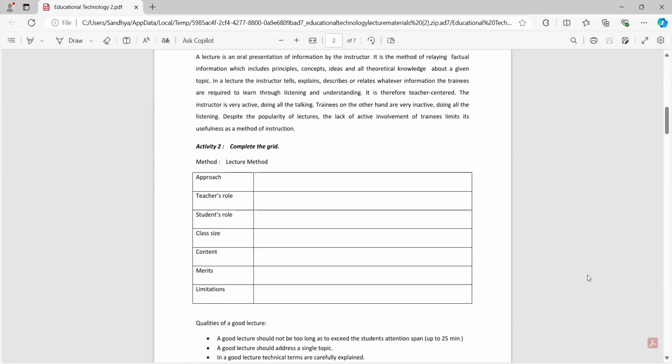So we will discuss in the lecture method what are the features. Lecture method comes in teacher-centered approach. If lecture method is aligned with the teacher-centered approach, you can easily answer these. You can complete this grid. Lecture method, what is the teaching approach? If you select lecture method